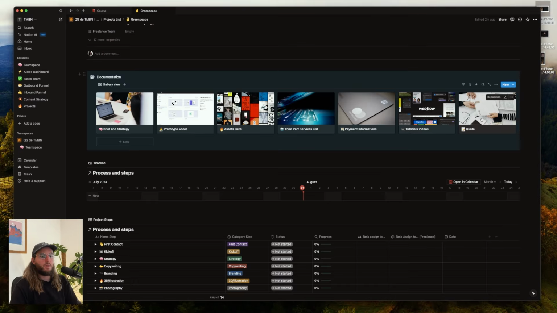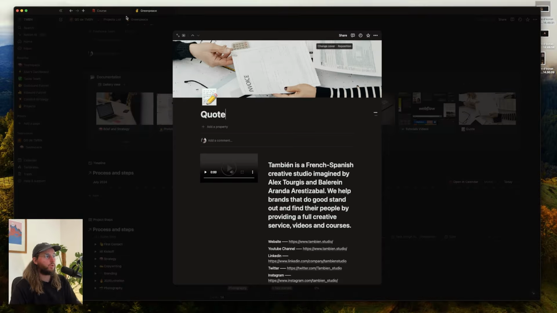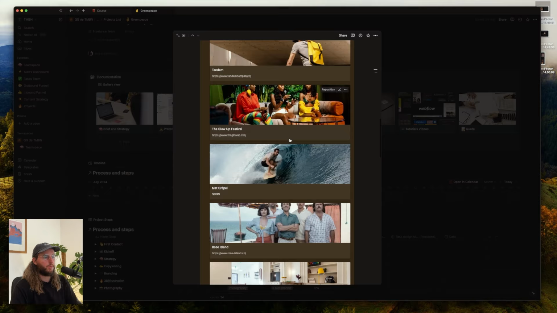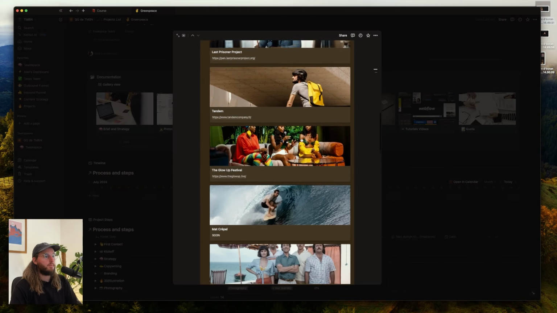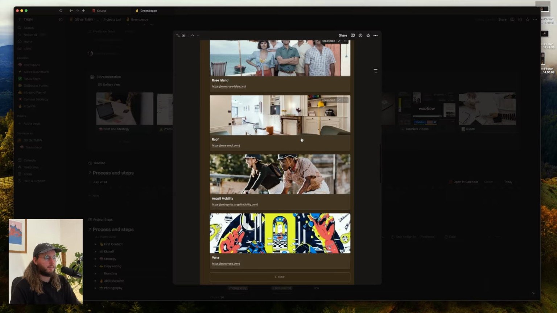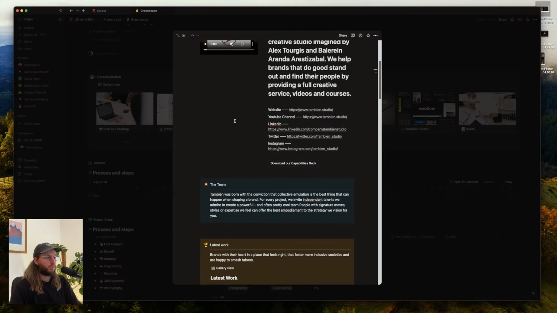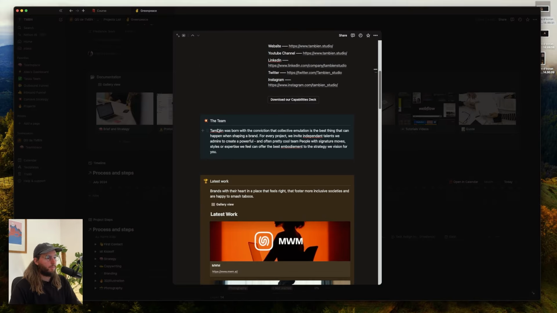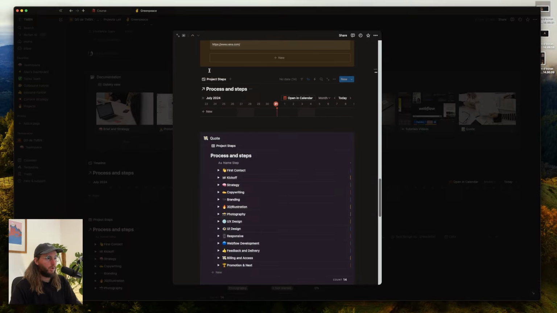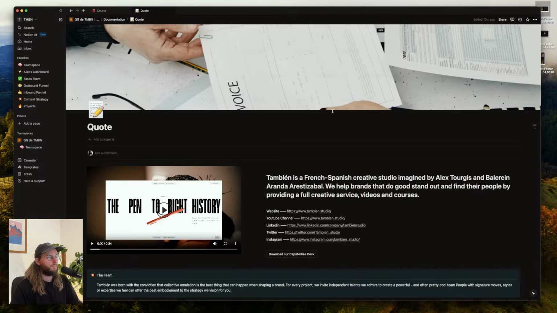And finally, you have the quote. The quote is the base of your project database, because this is where you will set up the timeline and the steps. I always have my quote with an introduction, presentation of the team, latest work, a timeline, and all the steps of the project. So let me go into this quote,